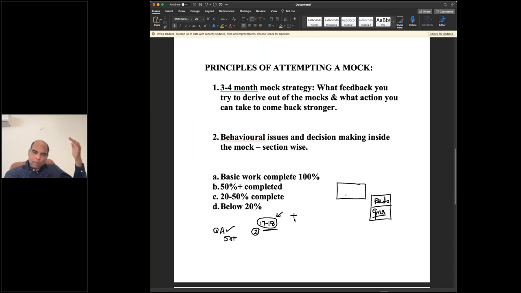You might say that I want to take my ability to 21, 22, but it has to be in order. If you know 17, 18 questions and you're not able to extract the marks of 13, 14 questions in the exam, then the first focus is to make sure this starts happening before you start adding knowledge. Because if you know 18 questions, you should get 14 questions right, right? And if you are only getting 11-12 or 10 in the exam and you know 18, then the first solution is to reach 14 from what you know. I should get marks for what I know before I start increasing my knowledge and